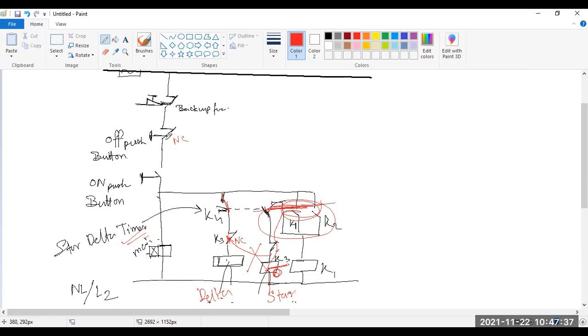NC means normally connected, but after operation it will disconnect. On push button, look, this is NO switch, but after operation it will connect. Okay, so this is the star delta connection control circuit.